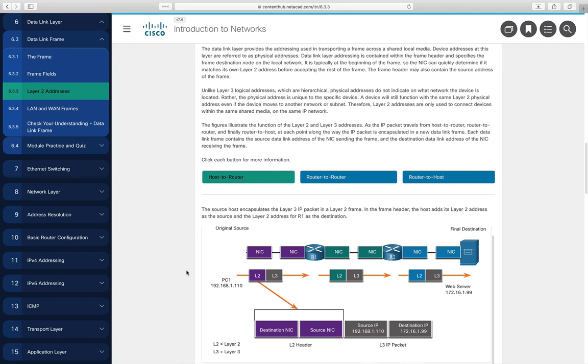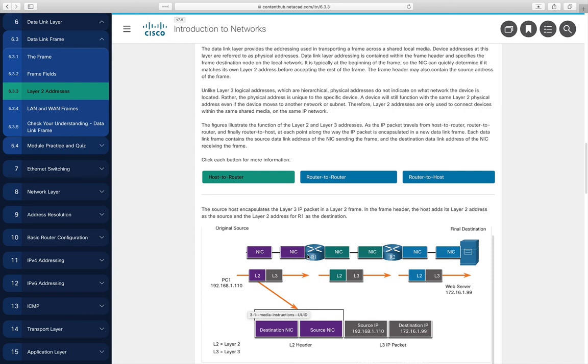So in this case, a host is sending to the router. We have a layer 3 packet inside. We have layer 2 headers. So the layer 3 information, of course, is going to have IP addresses, and this is going to have destination MAC and source MAC. What happens is, when it makes it to router 1,